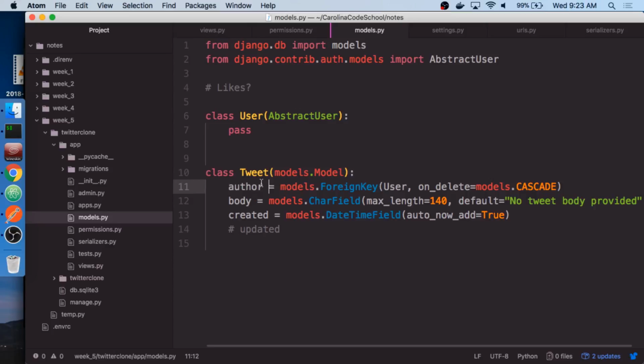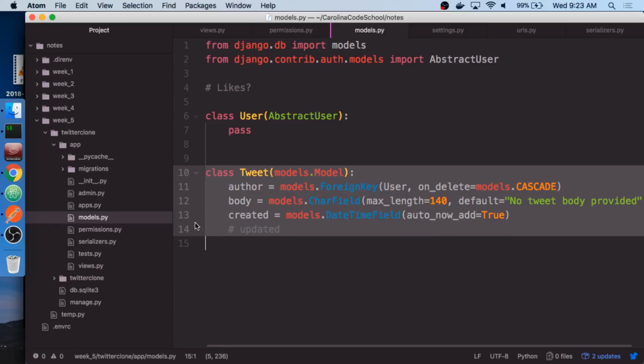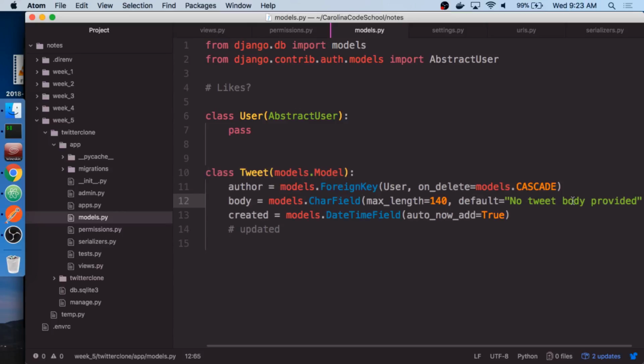So what we're going to be looking at this morning is adapting our existing app that we've been working on, the Twitter clone app. Now, it's not exactly a one-to-one Twitter clone, obviously, but what we're going to be doing is adding the ability to have a private tweet, and make it so that you don't see other people's private tweets, but you can see your own.